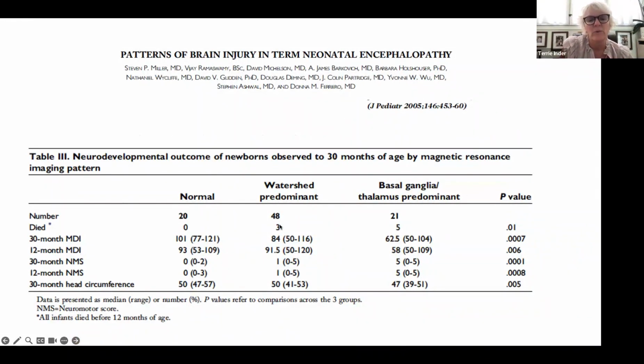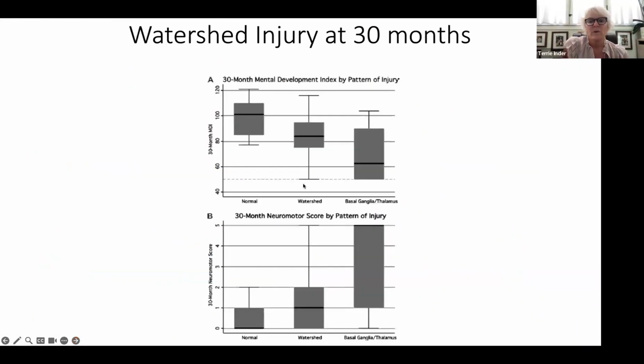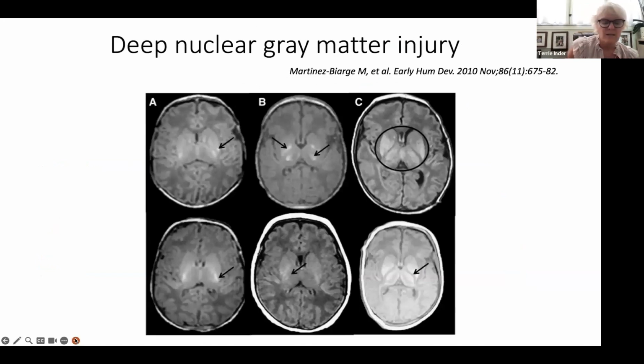And you can see here in the watershed predominant, the average IQ was about 18 points lower than the sibling controls, but still able to be with many of the kids doing relatively well. This is what it looked like in terms of those with normal MRIs, those with watershed injury. And the much more difficult type of brain injury that you've already seen in one of our patterns is that